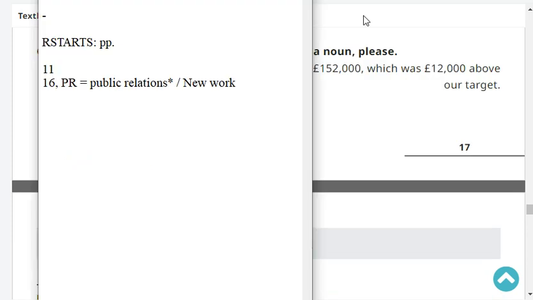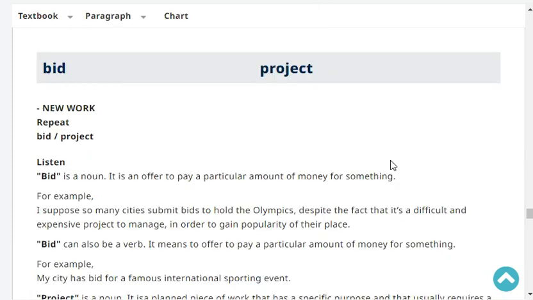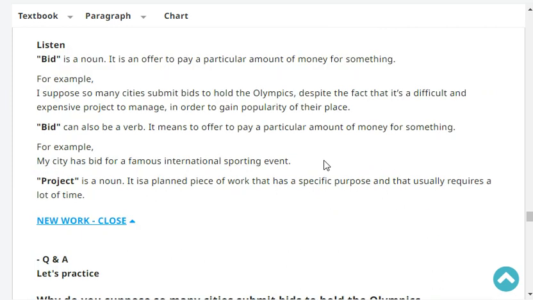Okay, listen. Bid is a noun. It is an offer to pay a particular amount of money for something. For example, I suppose so many cities submit bids to hold the Olympics,